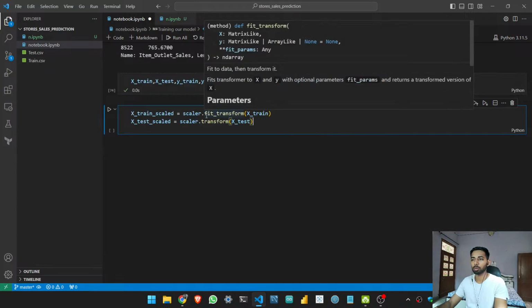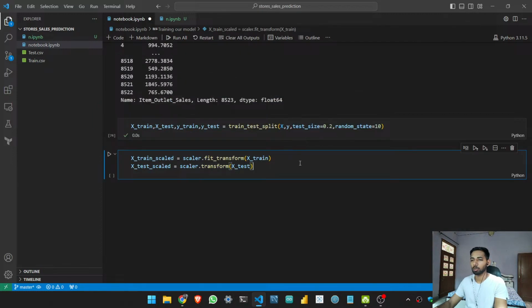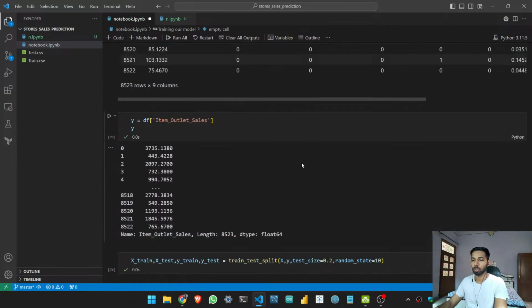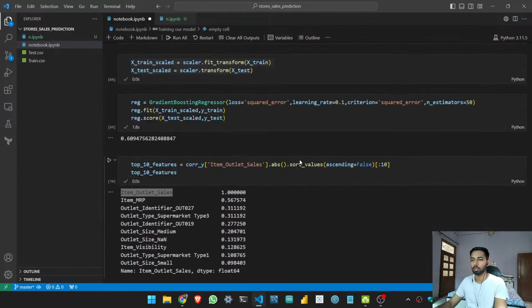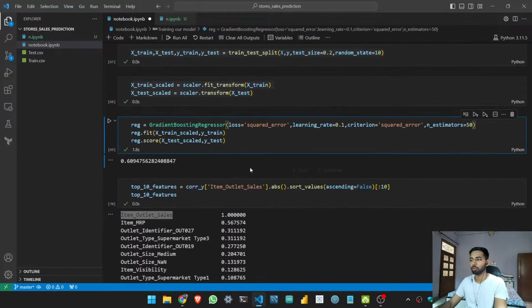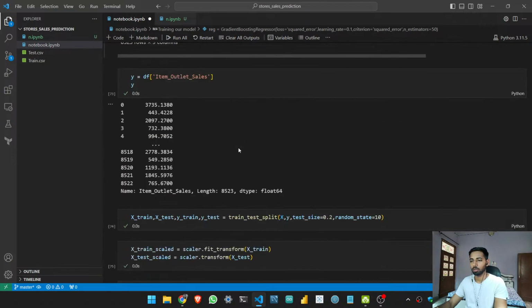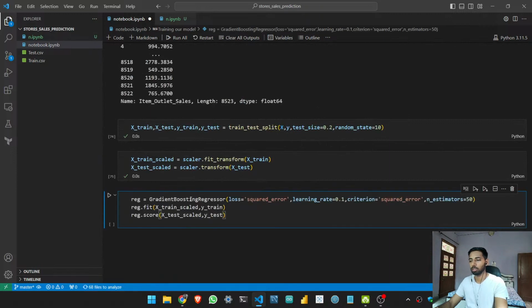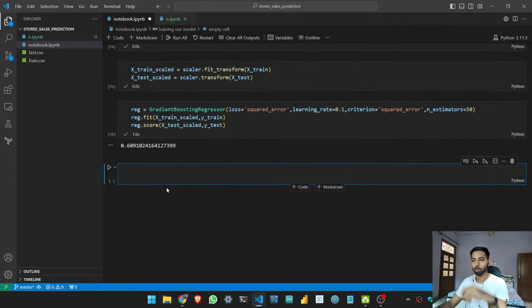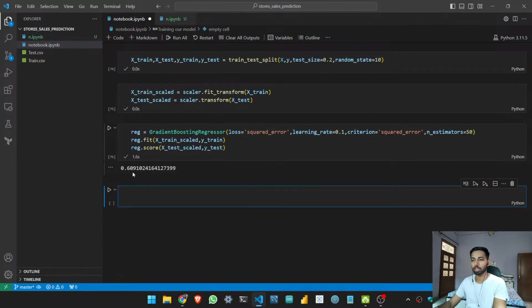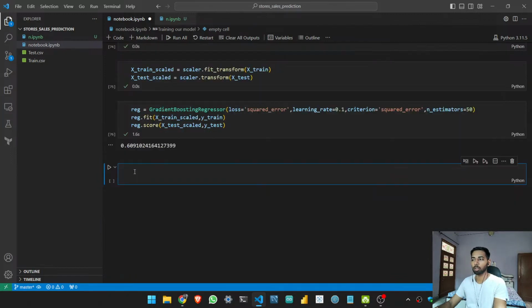For that, we will use scalar dot fit transform. Now we need to train our model and then see the score, how correct it is. So we can see we get 60.91 percent,